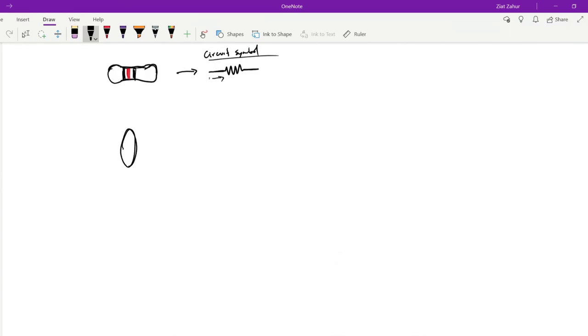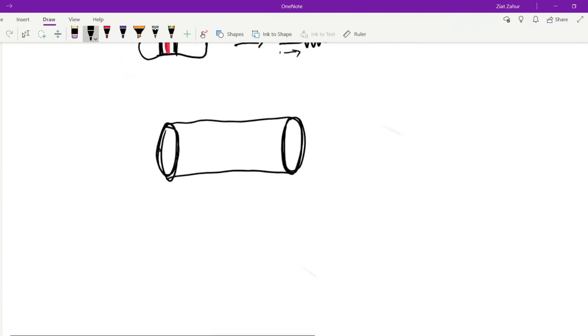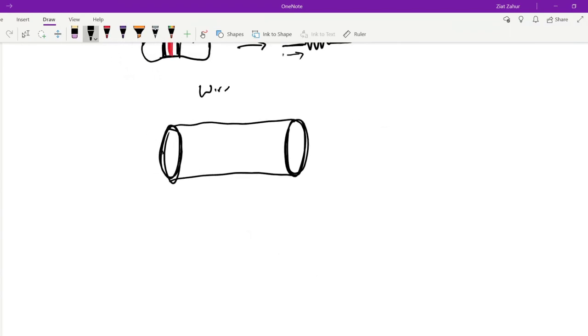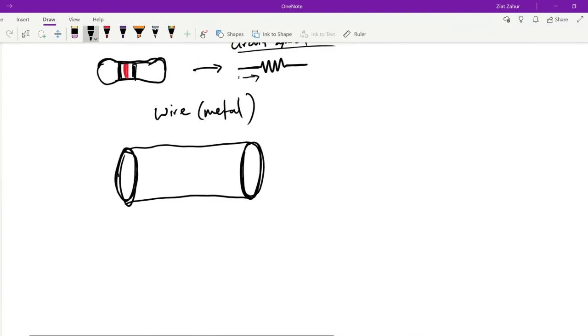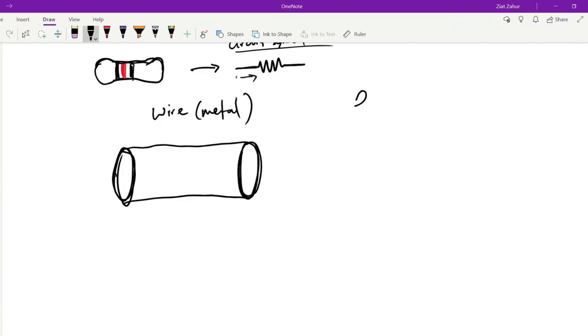Any wire, so let's say any metal wire, can act as a resistor. So let's say this is a wire. It's a big wire, huge, and it's made of metal. Okay, each metal has its own property called a resistivity. It's based on the chemistry of the atoms inside of this metal. So this weird little symbol I have here, this is rho, R-H-O, that's how you say it. Okay, rho. We did use this for density at one point.